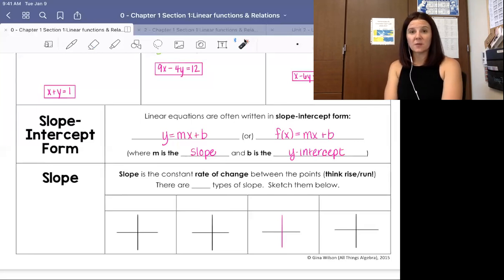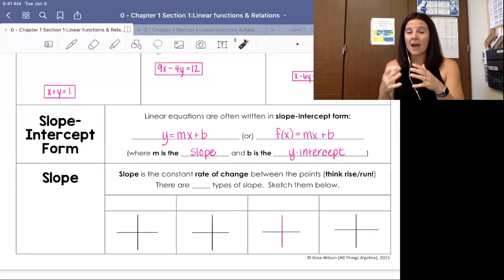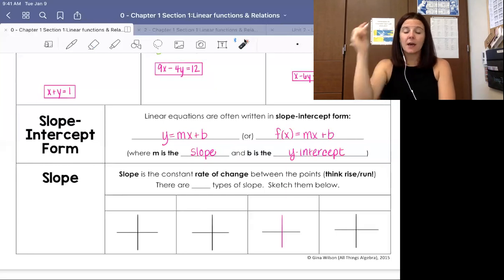Now, when we're in slope-intercept form, this gives us a nice clear picture of what's happening with the graph of our linear equation. Slope tells us how slanted the line is and whether it's slanted up or slanted down, if it's just a slight slant or if it's really steep. There are actually 4 different types of slope that we might see when we look at linear equations. Remember, slope is rise over run. Our 4 types of slopes that we will see are,